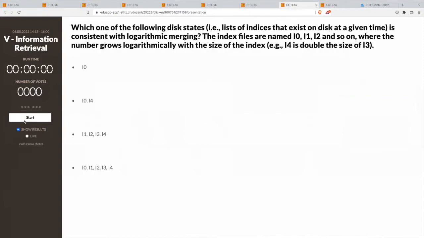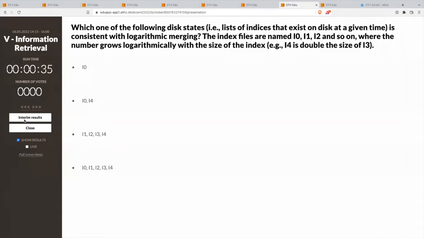All right, here's another one. This one is what we looked at before. It's this logarithmic merging. When we build the indexes, the collection is changing, there are documents that keep arriving. And we saw that it's very inefficient if every time we write a new index, or if we keep merging the index in constant intervals. And we had an even better way that's called the LSM trees, so logarithmic